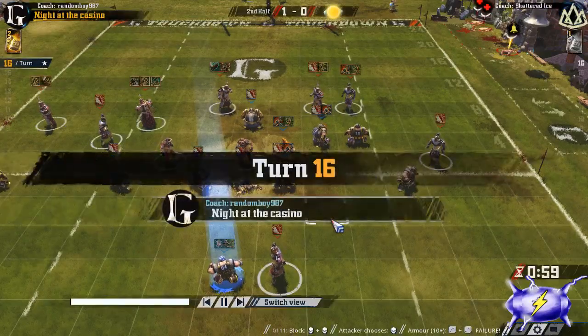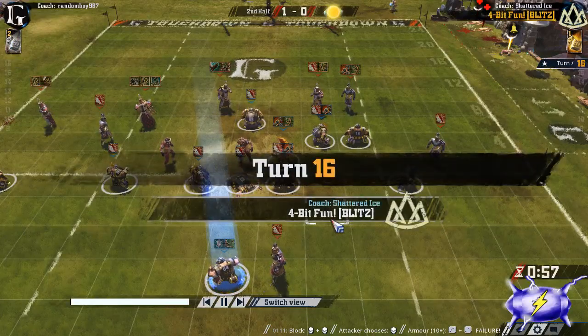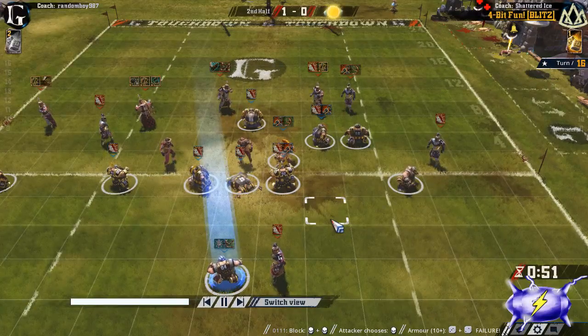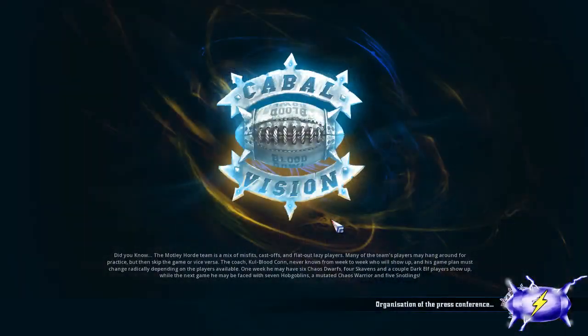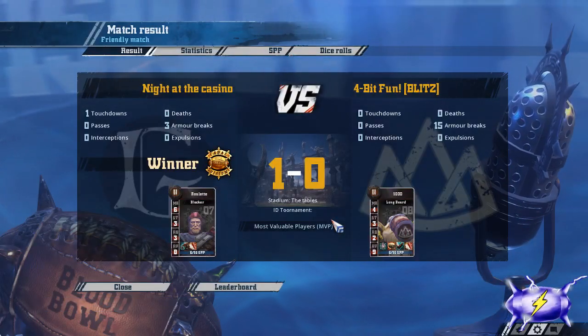Very unfortunate dice from ShatteredIce there, but even without them, he was going to have to pull off a miracle up the sideline. Random Boy just hits end turn, does not want to play another second of Blood Bowl. They both agree to just finish the game. Resurrection format means that injuries do not stick. SPP is